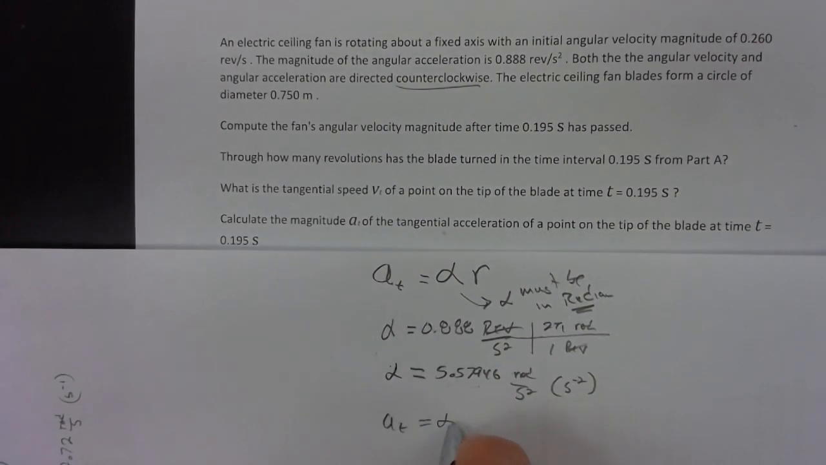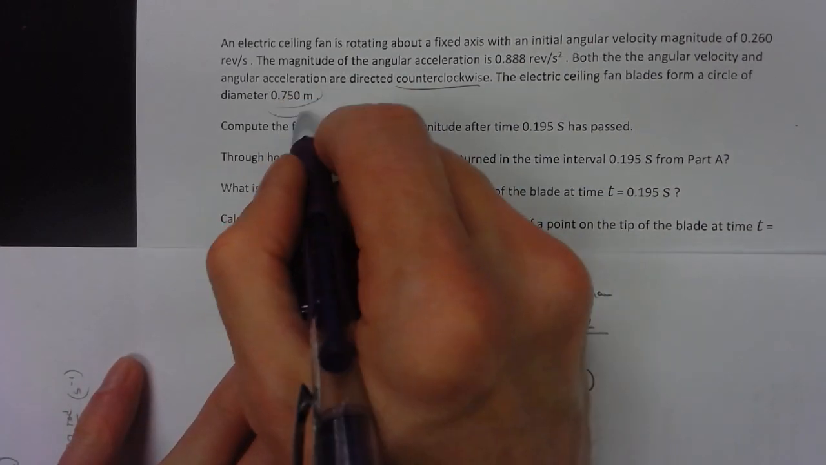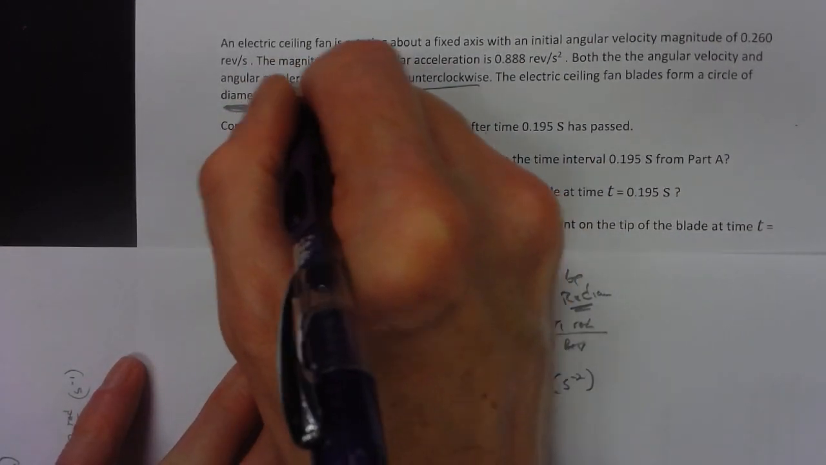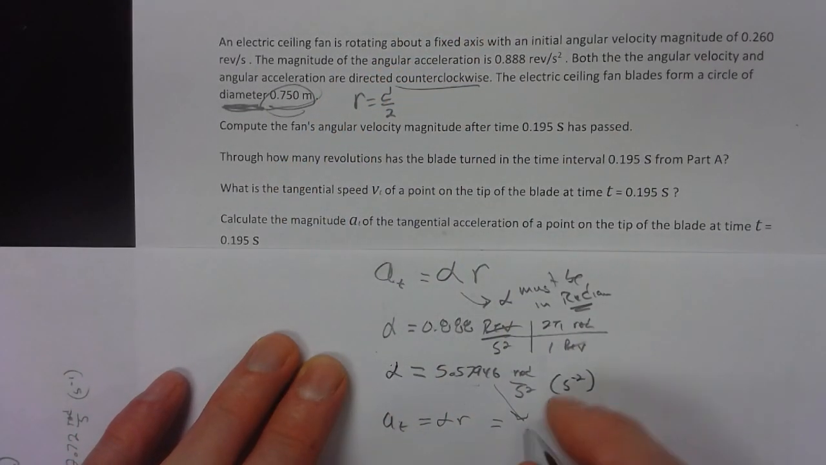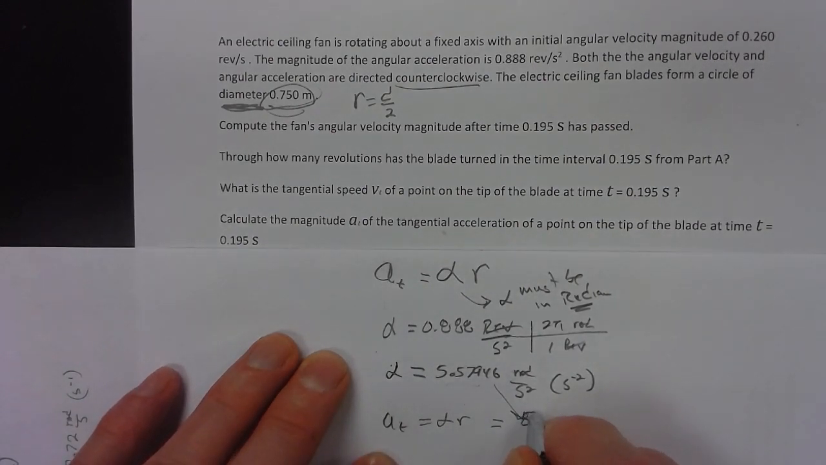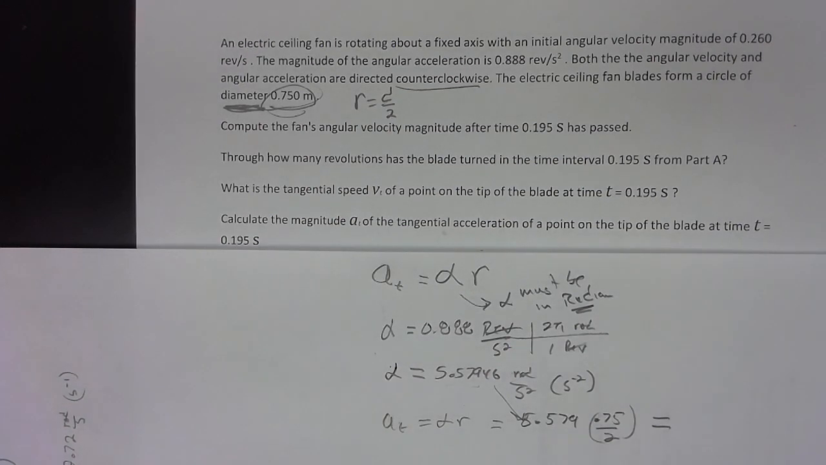Work that out, got that number. So a_t is alpha r, so that's that number times the radius. Up here, that's the diameter, so the radius equals the diameter over 2. So 5.579 times 0.75 over 2. And I'm using the whole number out of my calculator. And we get